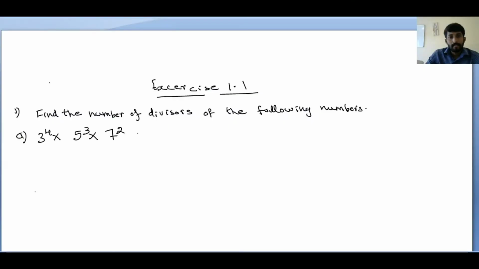Good morning students. In this session I will solve some exercise problems from the chapter number theory. See the first question. Find the number of divisors of the following numbers. The first one is 3 to the power 4 into 5 to the power 3 into 7 to the power 2. Okay. Canonical representation of a composite number is given, right? So write the formula. Number of divisors